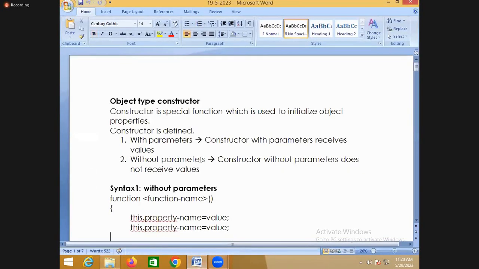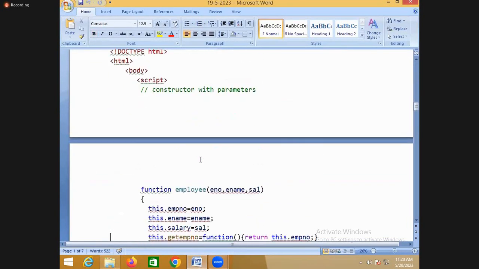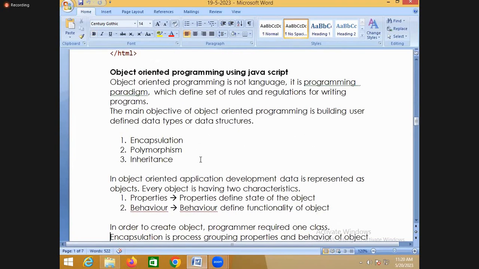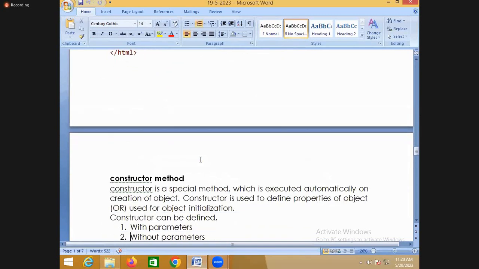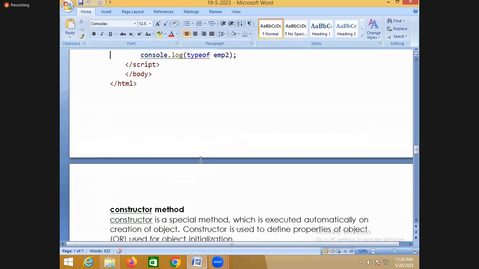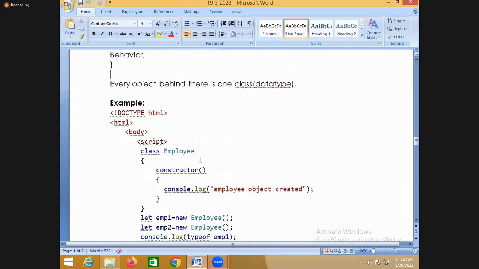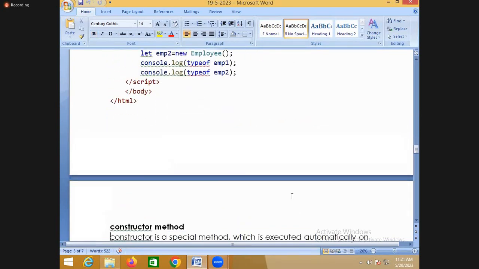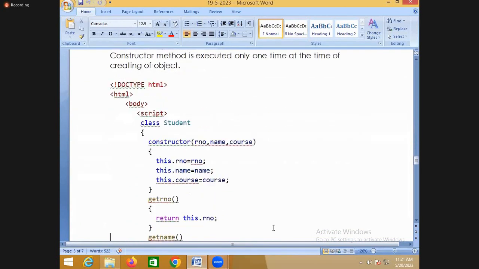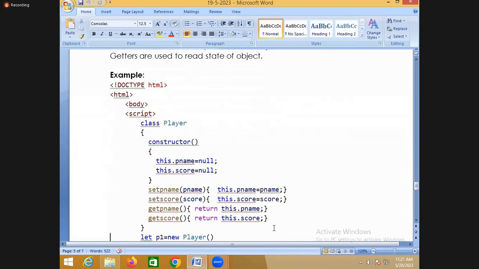So what we have seen is how to develop a class. This is how you develop a class, and developing a class is nothing but developing your own data type. And the advantage of encapsulation, generally you'll say,